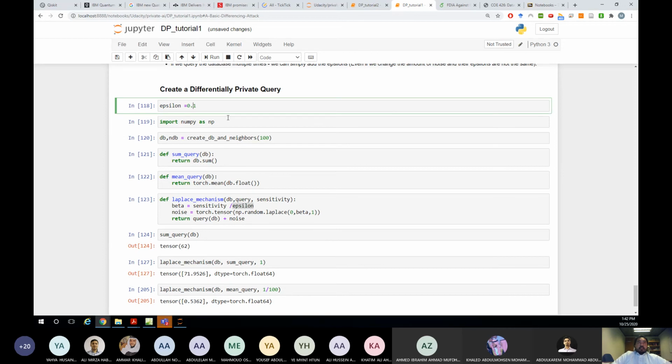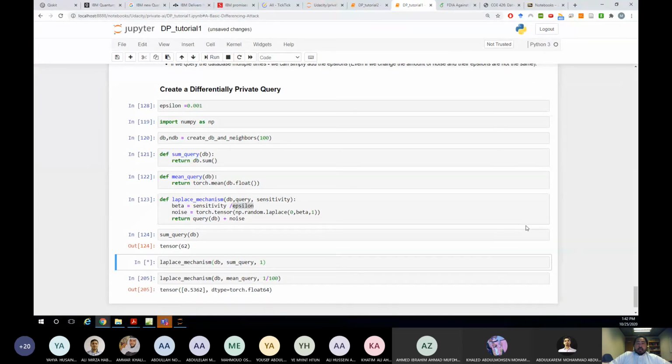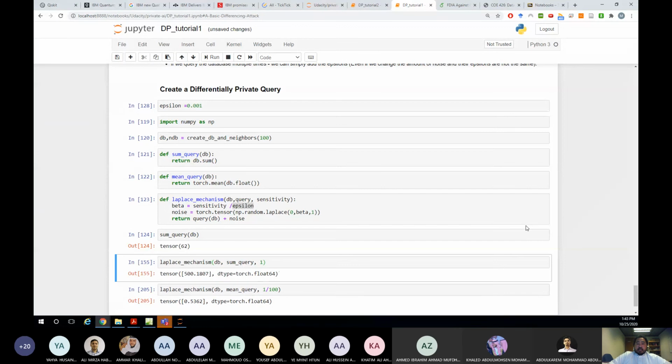Now, if I add 0.1, obviously that is a relatively large number in terms of privacy budget. We always recommend that epsilon be low or small in order to preserve the privacy, or have that probability bound closer to 1. But what happens here is that we add more noise to the original answer. Sometimes it's way off, right? Now, yes, the utility here is bad, but if the analyst is running this many times,